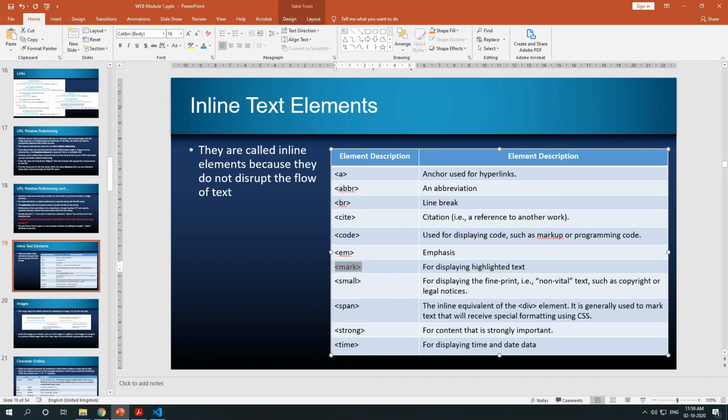Then we have span, an inline equivalent of the div element. It is generally used to mark the text that will receive special formatting using CSS. It is like a div, a division where you give IDs or class names, and it will receive particular styling for that particular text. Now strong, a bold one.